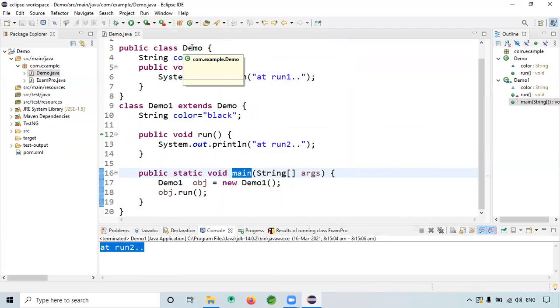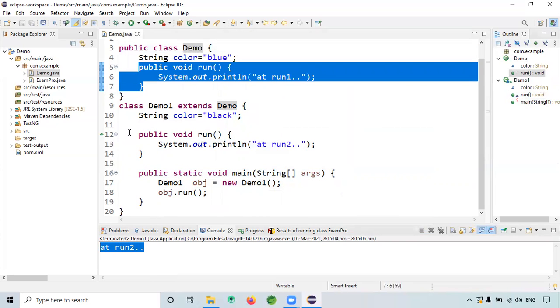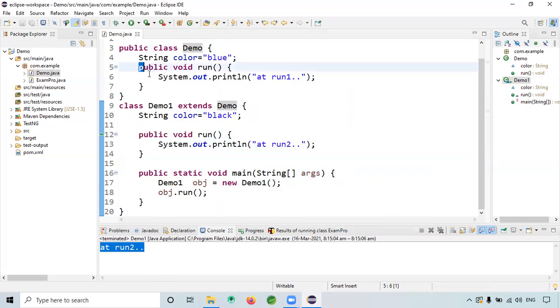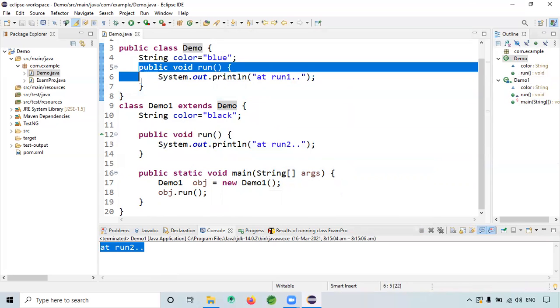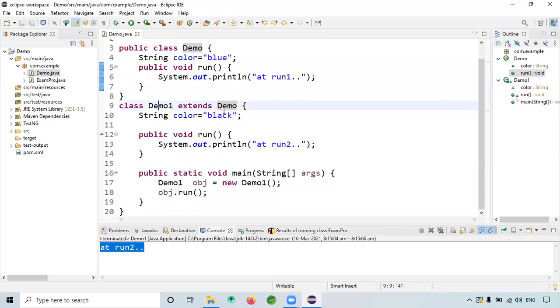We have a class with the same method name, run, and they are in an inheritance relationship, so method overriding is happening. That is a good thing.